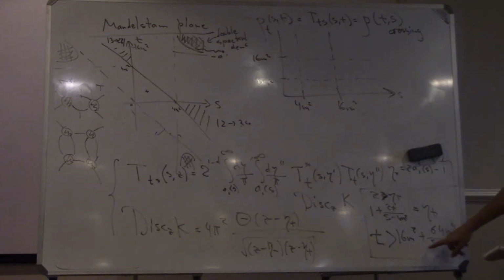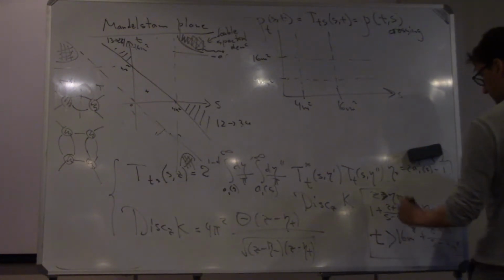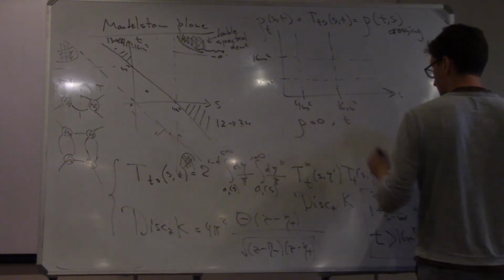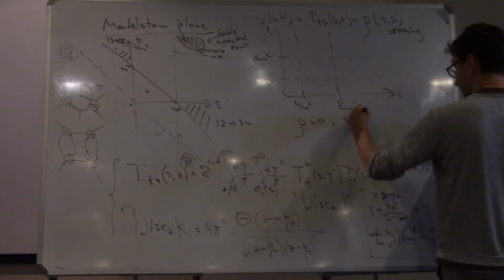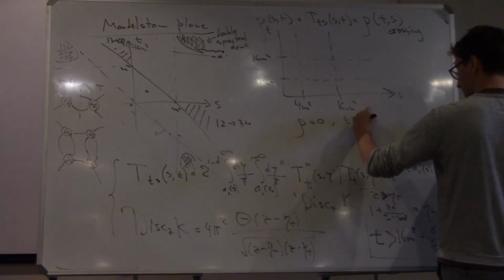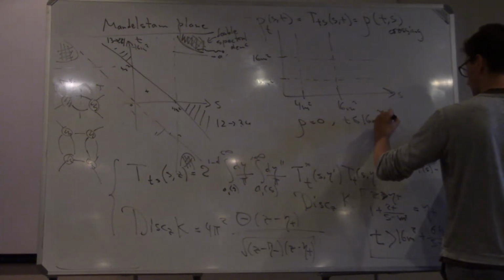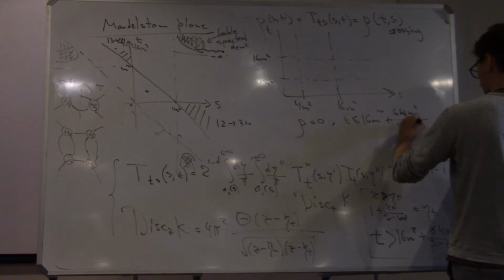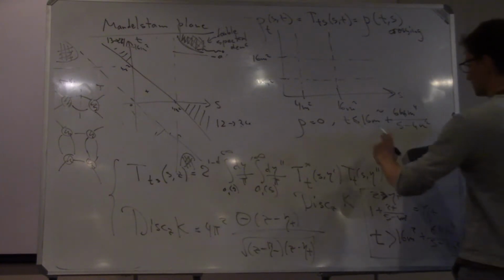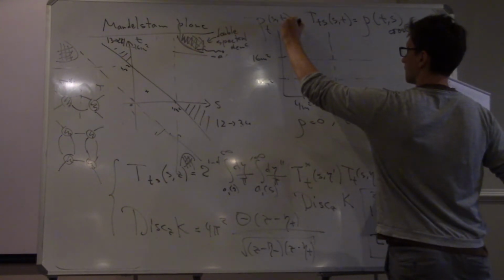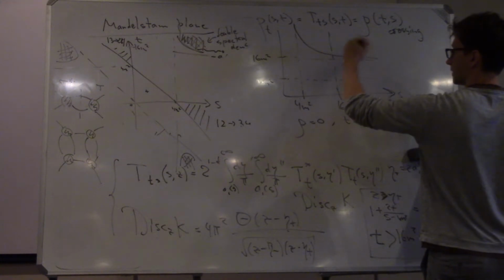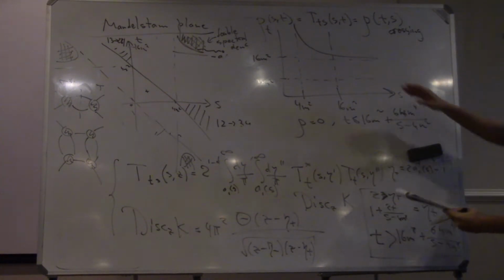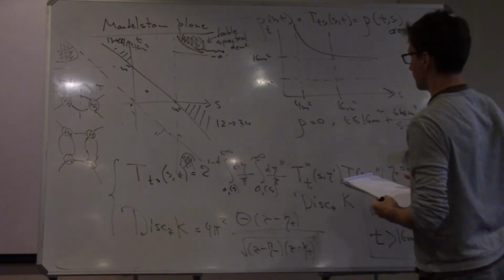So what we've shown here is that the spectral density is 0 for t less than or equal to 16m squared plus 64 m to the 4 over s minus 4m squared. So what is this region? When s goes to 4m squared, t goes to infinity. So we found this. So the spectral density is 0 below this curve. It has to be 0.